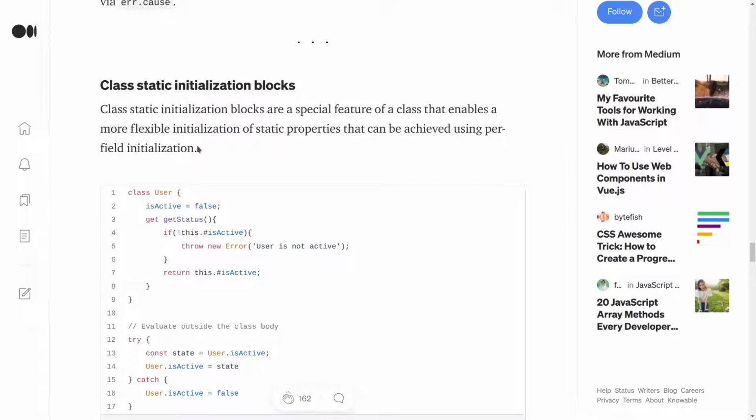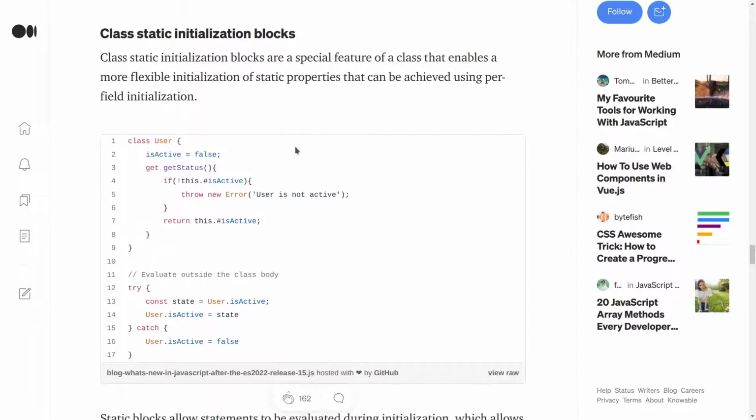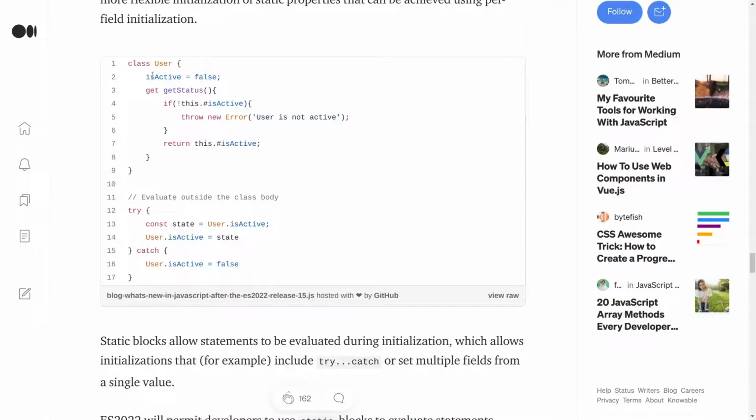Class static initialization blocks. Class static initialization blocks are a special feature of a class that enables a more flexible initialization of static properties. It can be achieved using per field initialization. Class user, #isActive equal to false, get status function. If it's not this.#isActive, throw new Error,